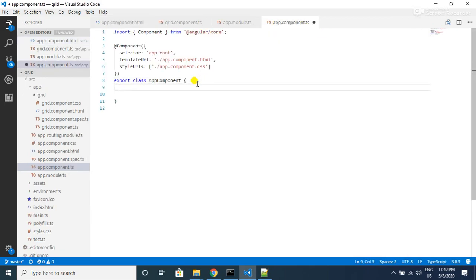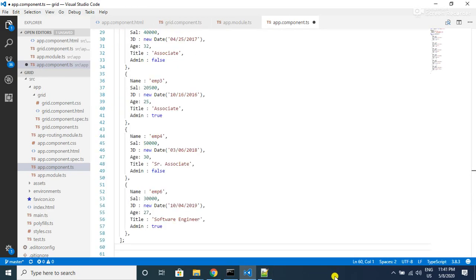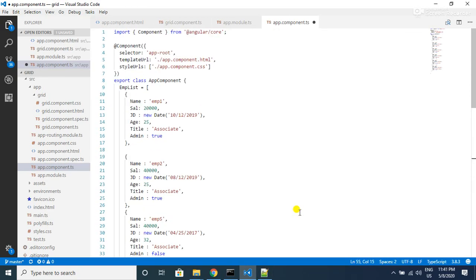For that, I am going to create empList as an array, and I am going to keep all the employee grid related data in this empList array. This empList has all the employees, and each employee has properties like name, salary, joining date, age, title, and admin.